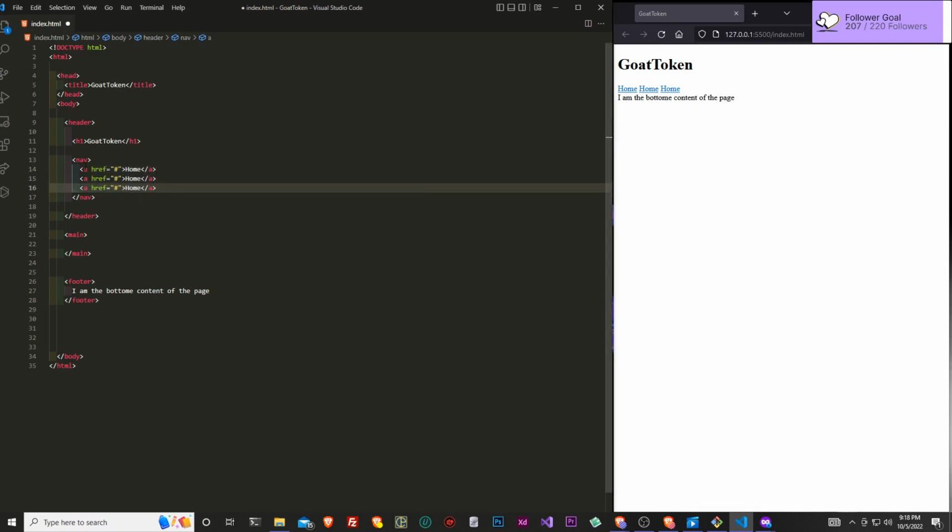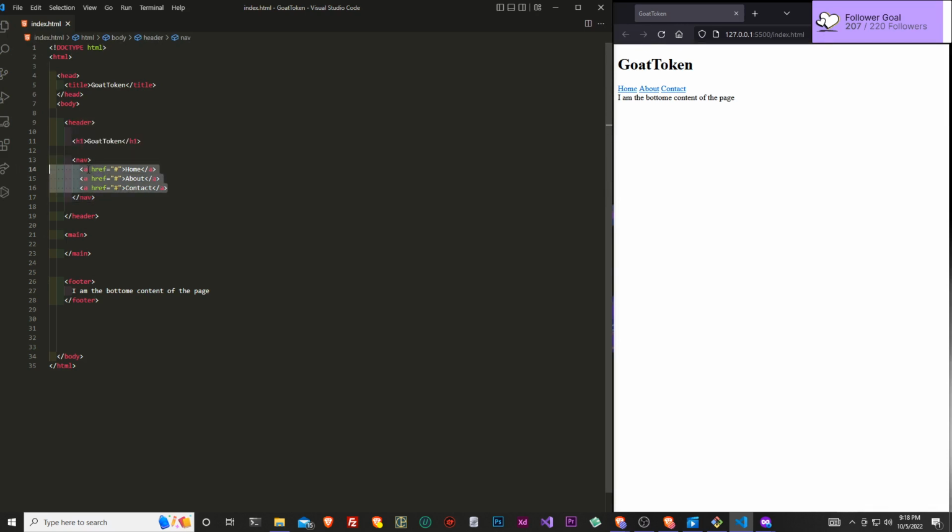So inside of our nav tag, you can see we have some anchor elements that lead to nowhere. These are all home, so let's change this again. This is going to be our about and contact. Sweet. Now we basically completed our header. We have an H1, which is going to be our logo, and then a nav element that holds anchor elements.